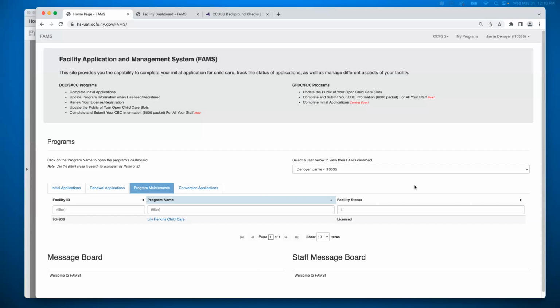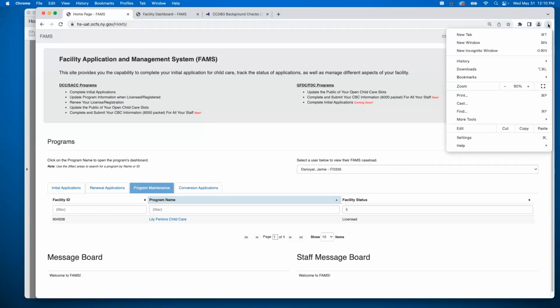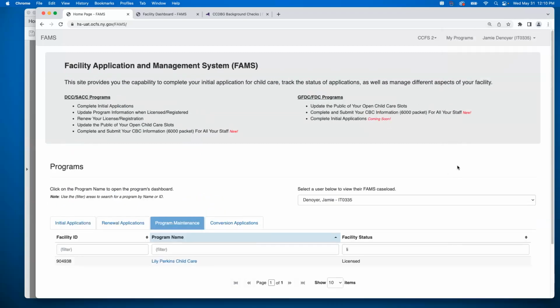Oh, Rita, the screen. I can make it a little bigger and so can you. I don't know if it'll be at the top of your screen or the bottom of your screen, but yeah, I can make this a little bigger. There we go. How about that? We can do that for today. You all can also make your screen bigger. If you hover at the top or the left side of your screen, you'll see a little plus and a minus symbol, and that will allow you to enlarge it on your particular device.